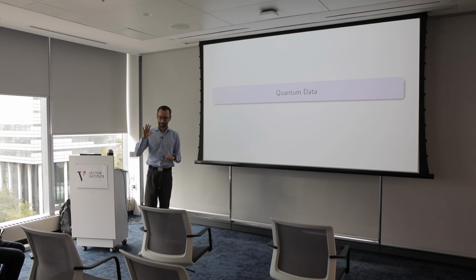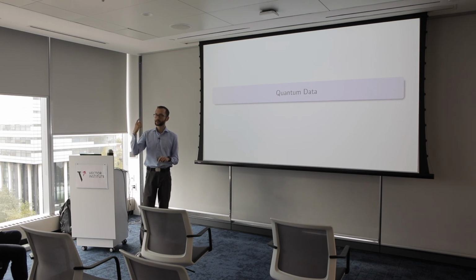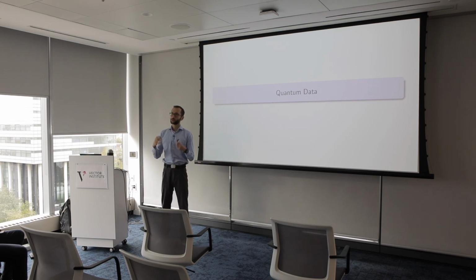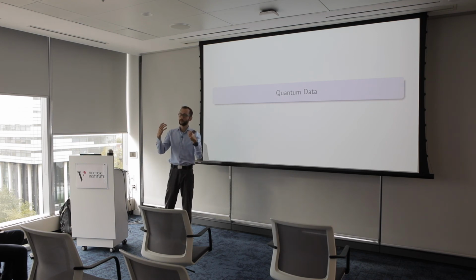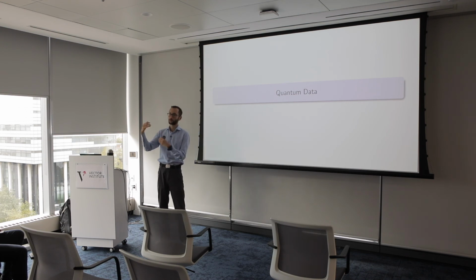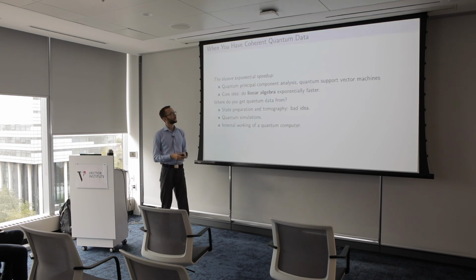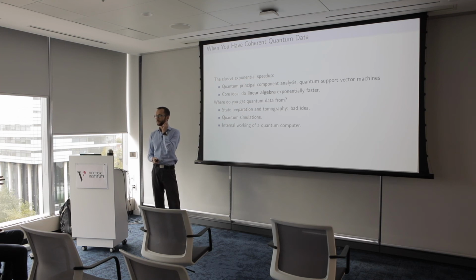Now, these three application areas, optimization, sampling, and evaluating kernels, use the same kind of logic. You start with classical data, and you finish with classical data, and you do some quantum stuff in the middle. It doesn't have to be that way. You can also think about problems where you start with a quantum state and you end with a quantum state, and then you do some learning on this quantum state. Sorry, can you give an example? I've heard this phrase so many times, but I've never understood what an example of this problem looks like.